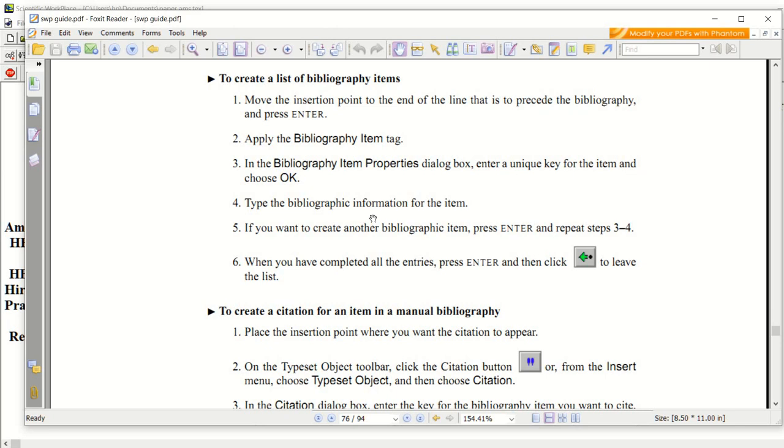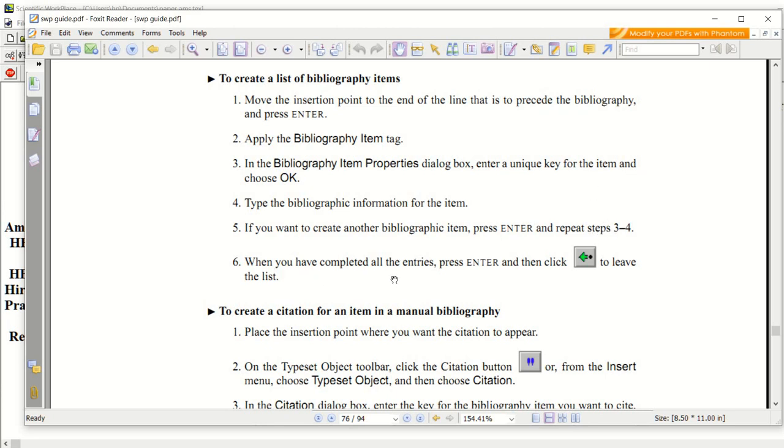Type the bibliographic information for the item. If you want to create another bibliographic item, press enter at the end of that item and repeat steps 3 to 4.